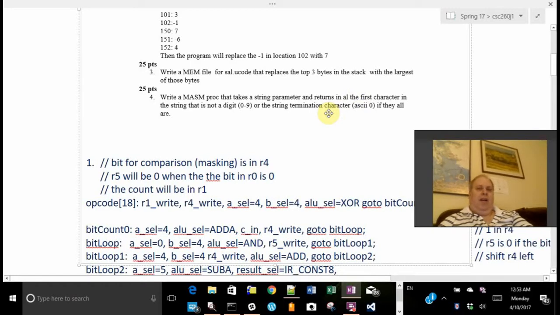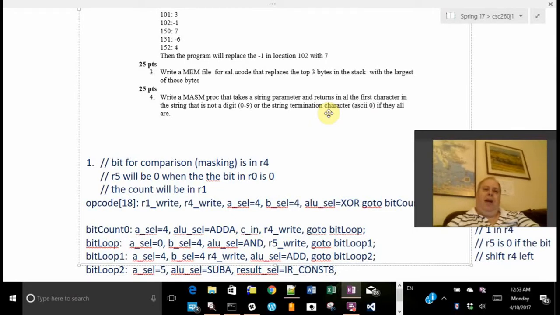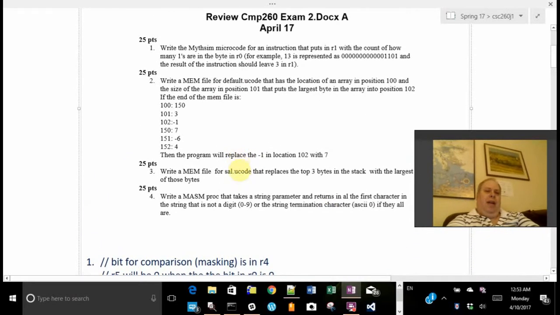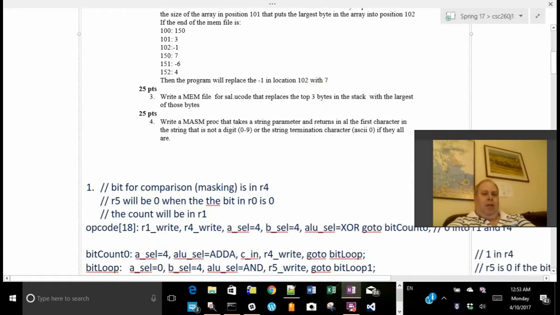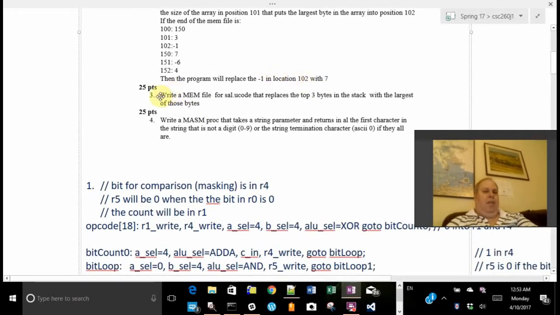This is David Scher. I'm talking now about question 3 from exam 2 review for CSC260. So, this one is a somewhat simpler question, but it's a little harder because it's in the stack machine, which is a more efficient machine, but it's better suited for computers, compilers, and so on than for humans to write. Anyway,